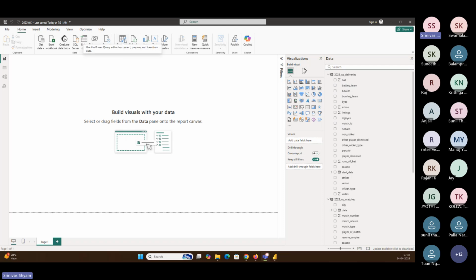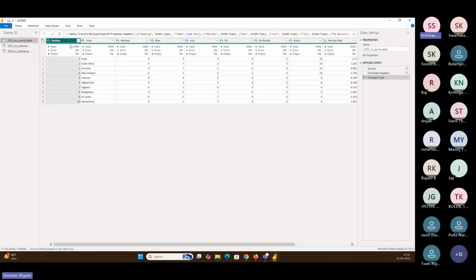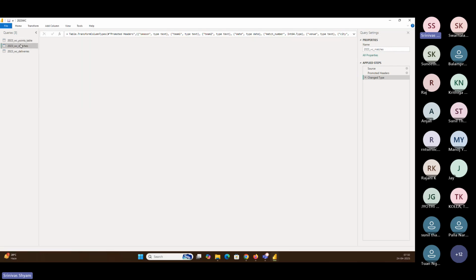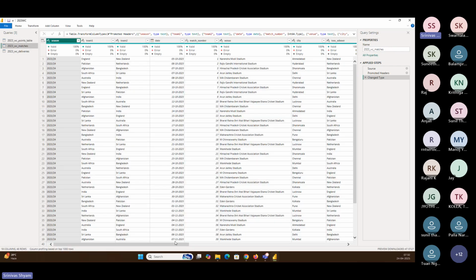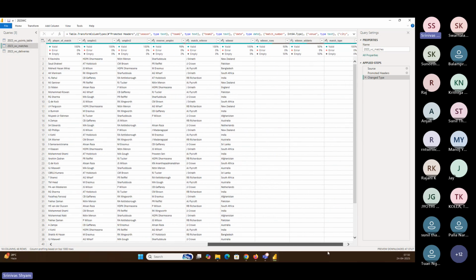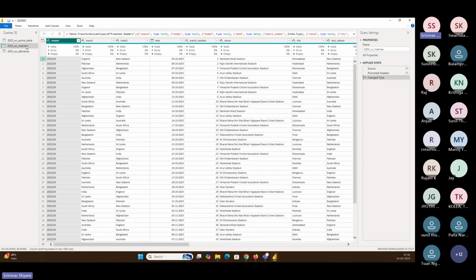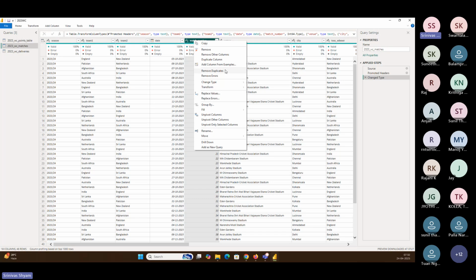So what we need to do is click on Transform Data. Because I have modified match ID in the deliveries table, even in the other table, if I have match ID, I can modify that field into a text field too. So is there a match ID field? One second, let me see. In the matches table, no, I don't have it. So let me choose any other column. Suppose I want to modify in the matches table, match number. You see, this is match ID only. It is showing as 1, 2, 3. I don't want it to be a number field. Change type, text,